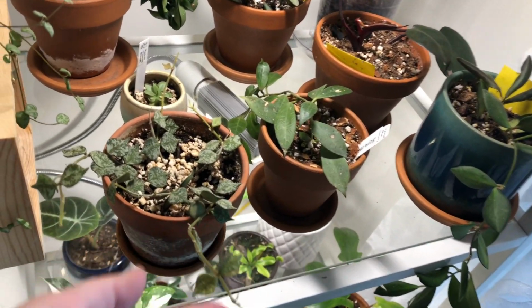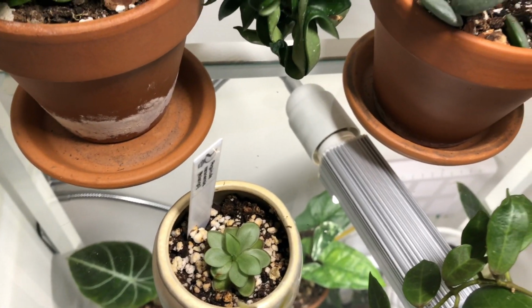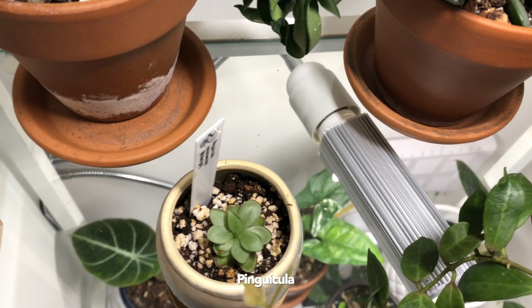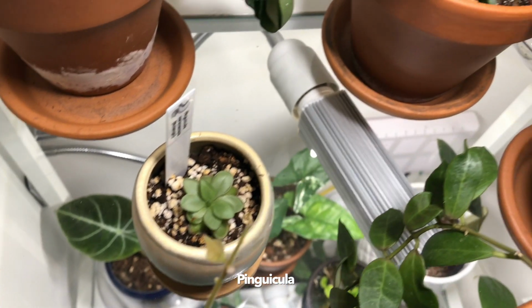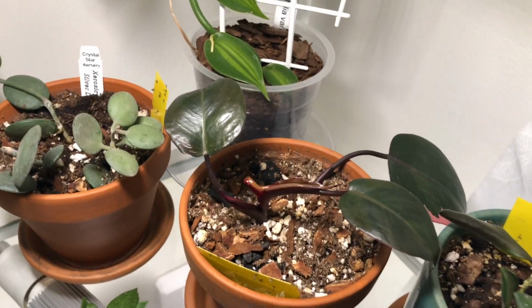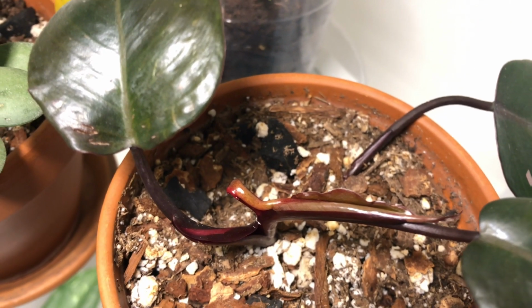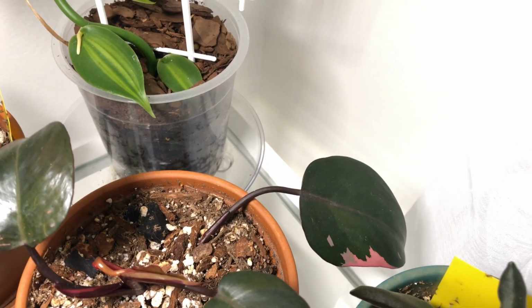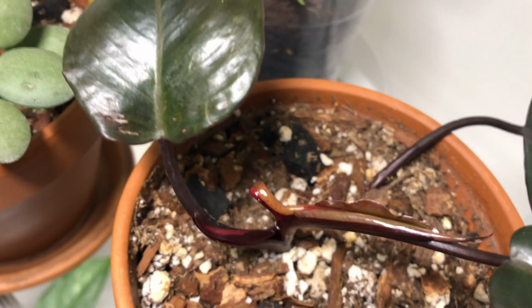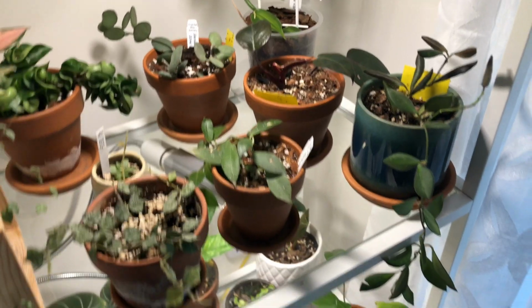So excited about that. This is a little pinguicula. It's a little carnivorous plant, and I just got it because I wanted to try them out, see what it's like growing them. Next to that is the top cutting of my Pink Princess. So you can see this leaf looks super duper promising. That was the leaf with the most pink so far, and this stem has some pink too, so that is pretty exciting. Okay, next shelf down,